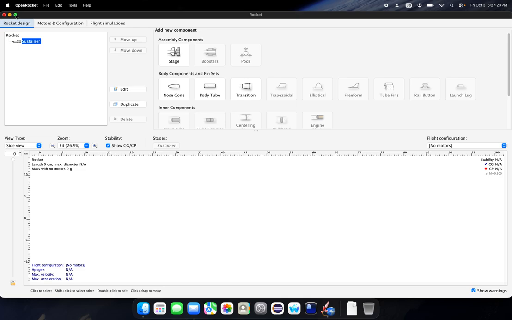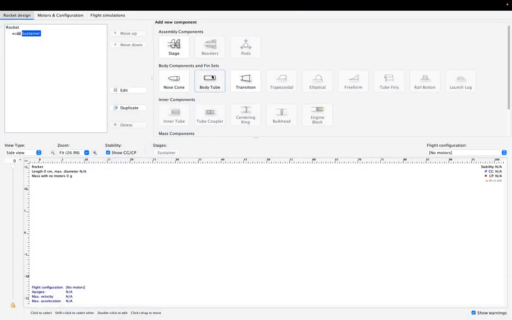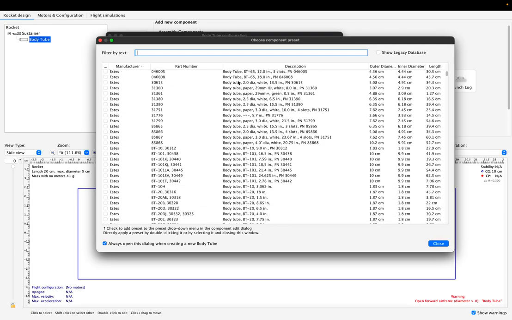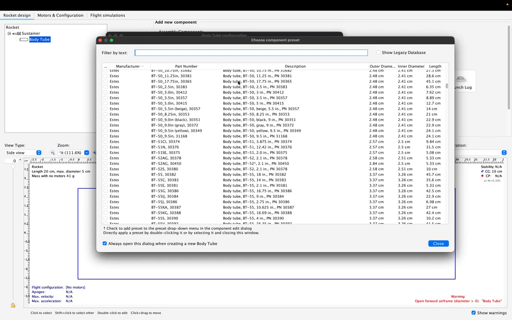Now, these controls may seem a little bit weird, but after about a day or so of experimentation and messing around, you'll get the hang of it. These are all the parts that you can put on. Only certain ones you can start with. So we'll start with the body tube of our rocket. It'll give you a whole bunch of pre-made ones that you can select from,